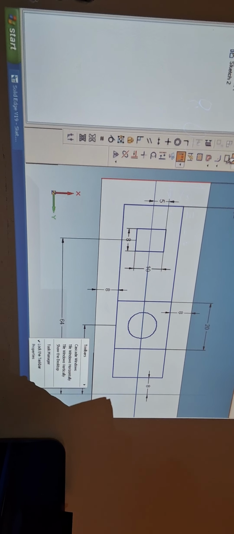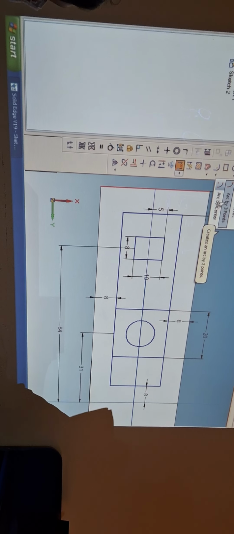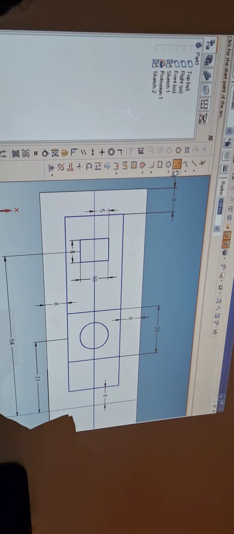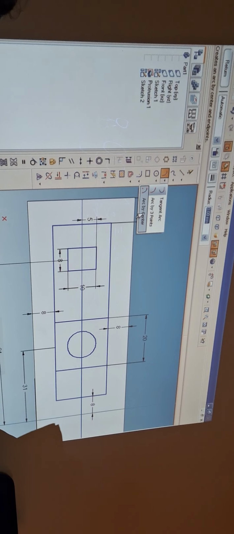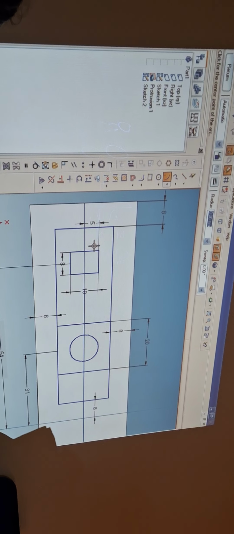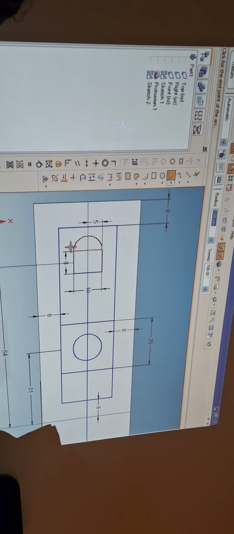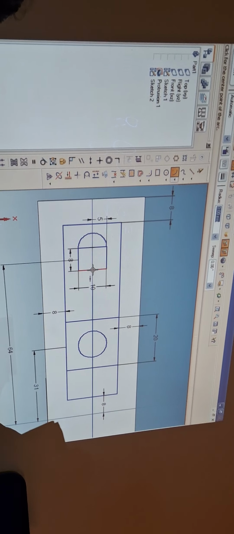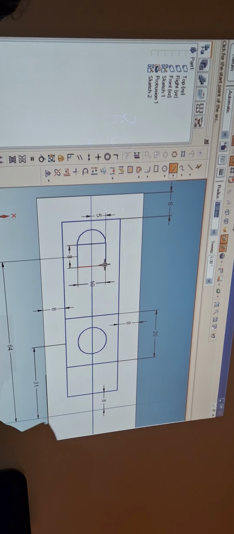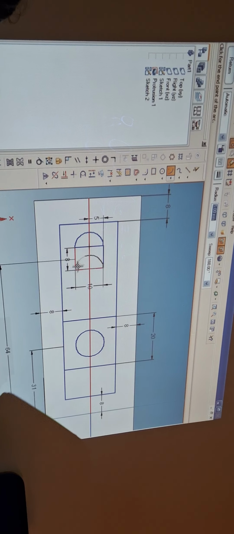So now you go for, there is an option called arc by center point. Select arc by center point. Keep this end as a center point, this end as a radius, try arc like this. Again this center as a center point, starting point, and this end is radius.